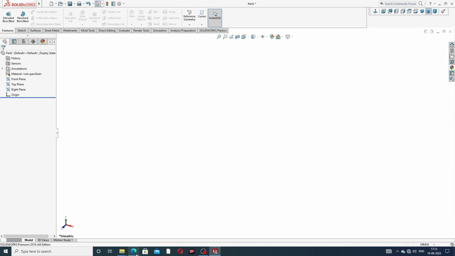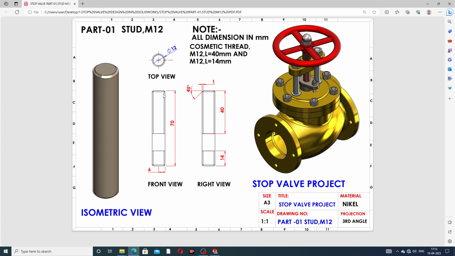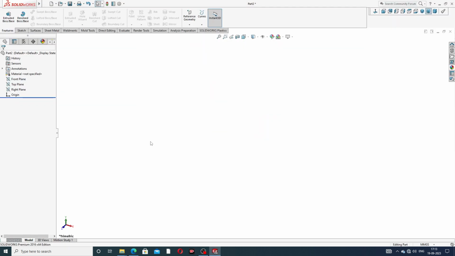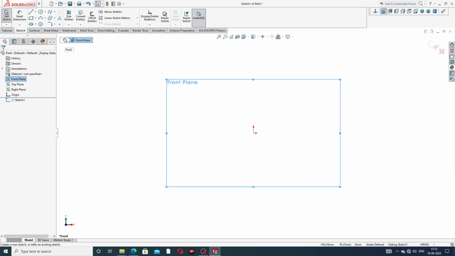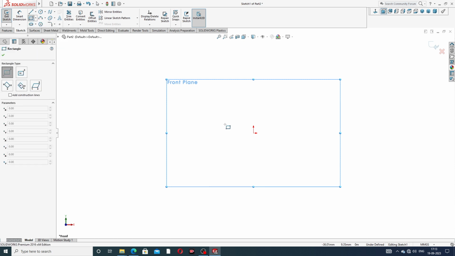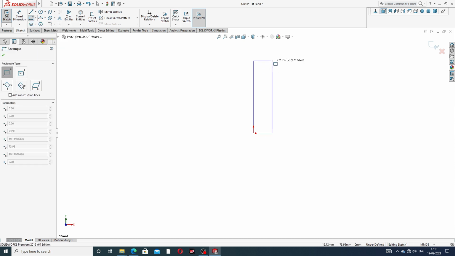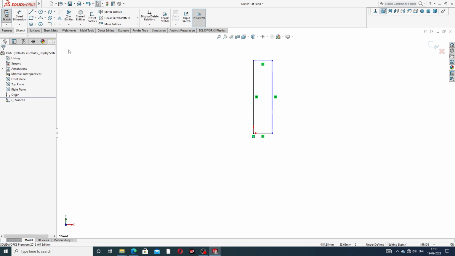To draw this, at first select a plane, the front plane is better for drawing this body. Okay, choose the front plane, and at first select a corner rectangle, or draw any geometry, and dimensions are used here.